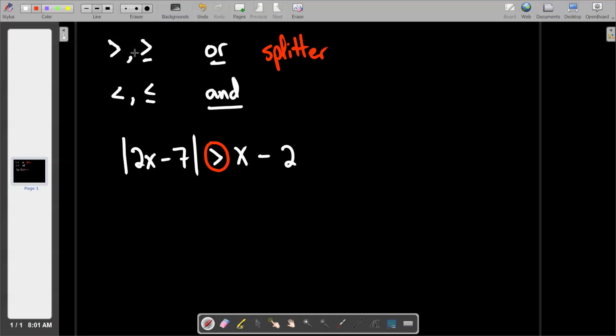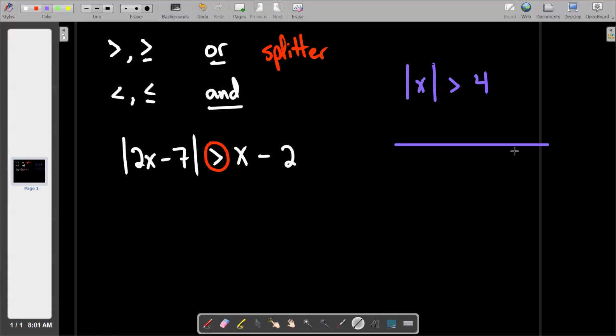So I'm going to just go off to the side. I'll change colors here. You're welcome to write this part down or not. It might help you to understand why I'm about to do what I'm about to do. If I gave you the absolute value of x and I told you that it was greater than 4, if you could go all the way back in a time machine to a week and a half ago when we first started talking about inequalities, we had an example. It might have been this exact example in our notes. And what we discovered about this is that if you were to graph it,